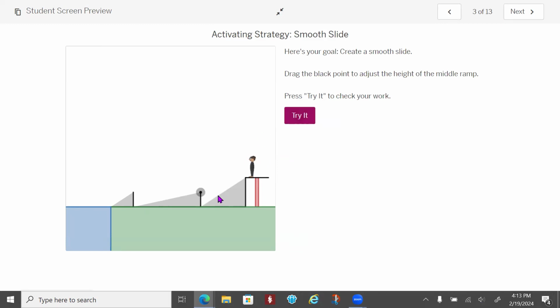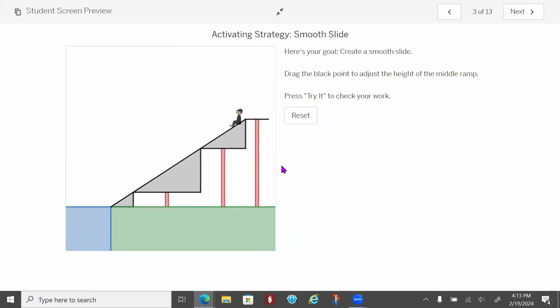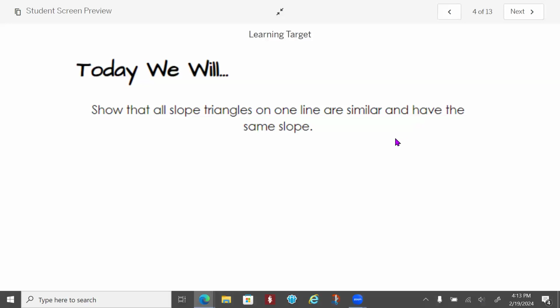And then the kids can get in here and they can play around it and they try to create similar triangles that would have the same slope. Oh, and I got lucky on that first one. So if they get in there and they can play around, and it's not as easy as that one just was. But just to give you kind of an idea, you can put slides in here of your own creation,